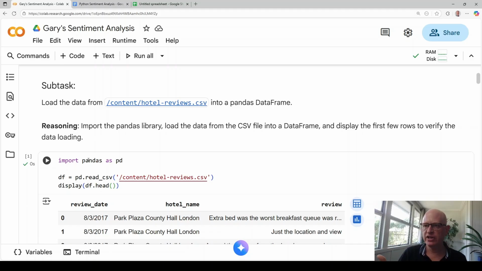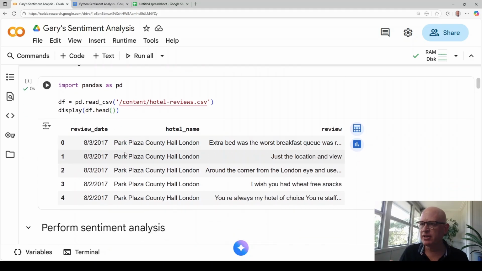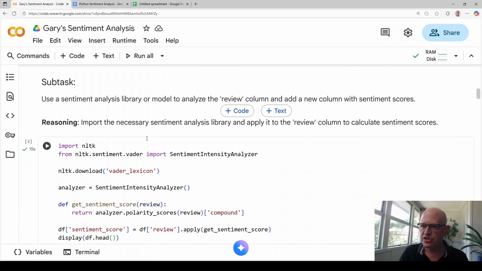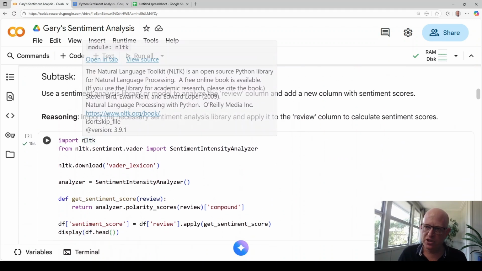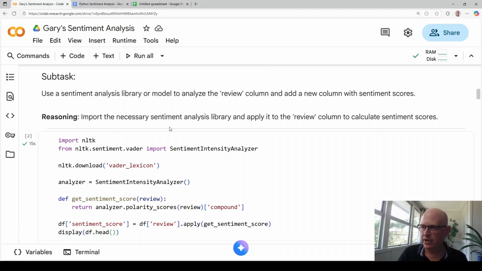package, and I've got a video on packages in Python. It's just a few minutes long, so it might help understand those. And here we go, the review, the hotel name, the review date. Let's just go down a little bit. It's then imported NLTK, Natural Language Toolkit, a very popular NLP package in Python, and it's using